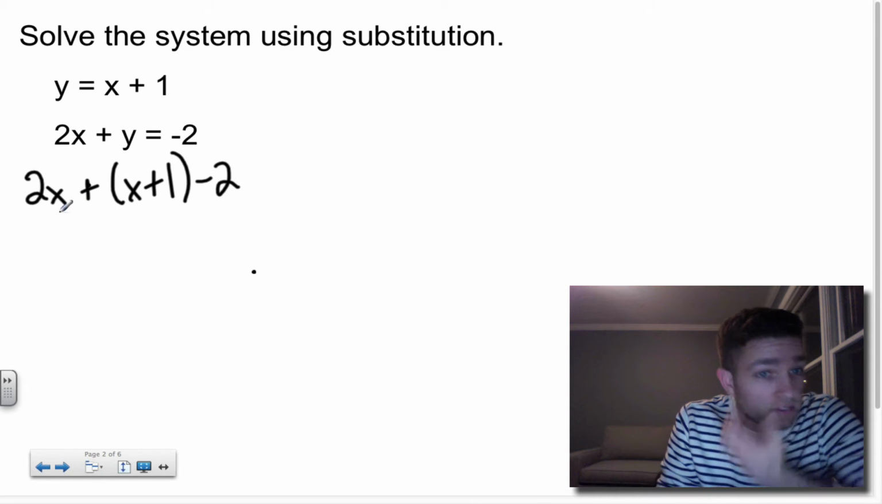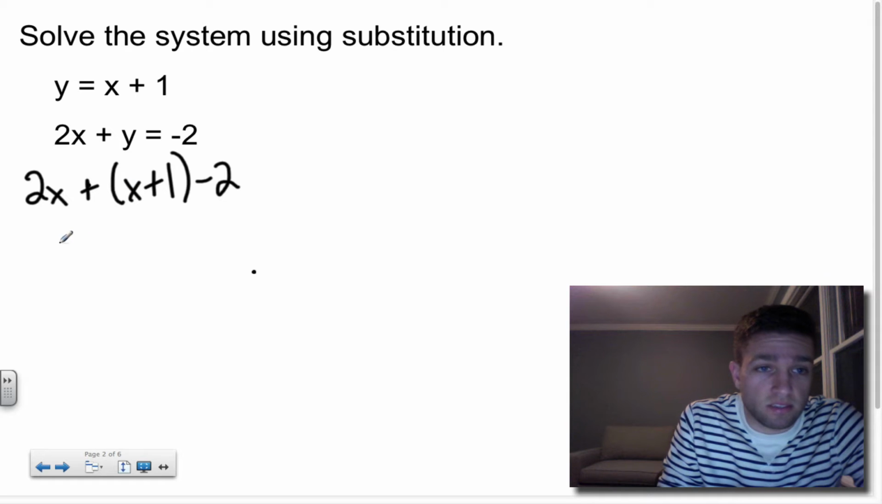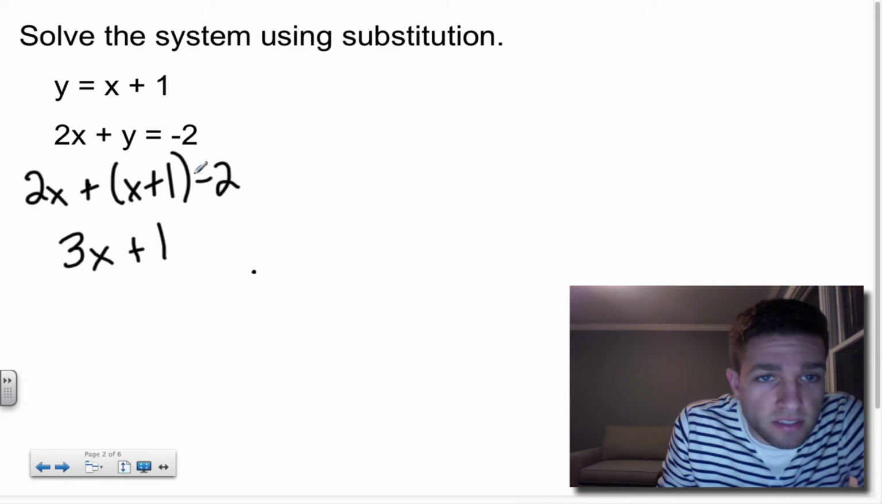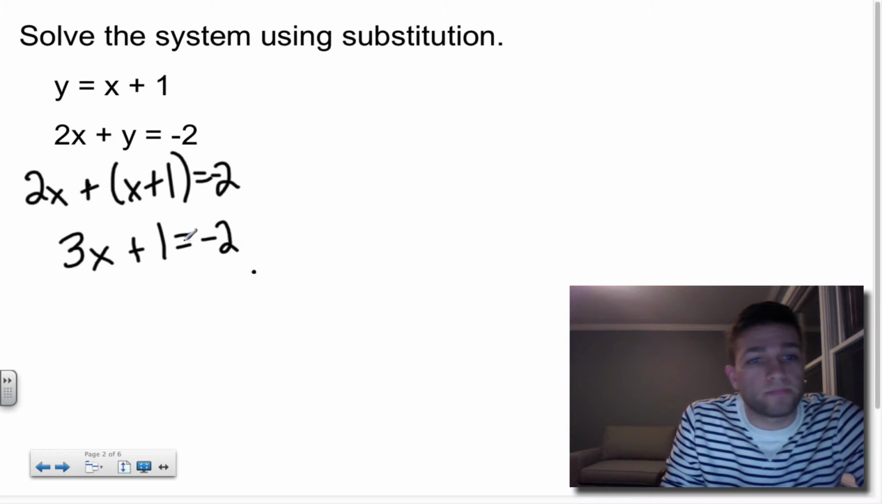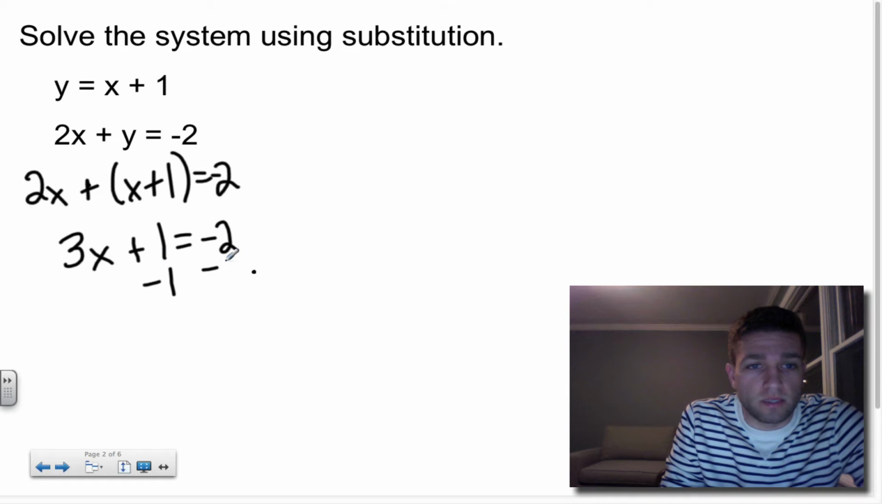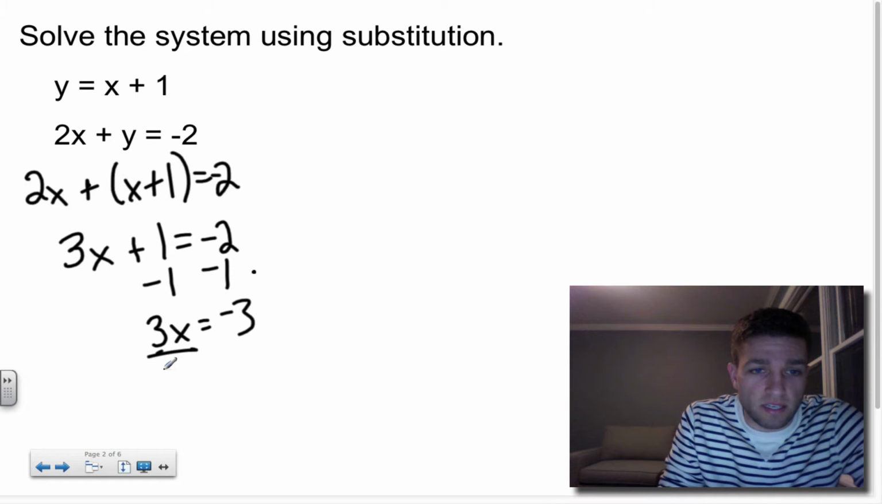Really, I can combine like terms. 2x plus x is 3x plus 1. Wow, I wrote this incorrectly. This should be equals negative 2. Equals negative 2. So minus 1, 3x equals negative 3. And then divide by 3, divide by 3. x equals negative